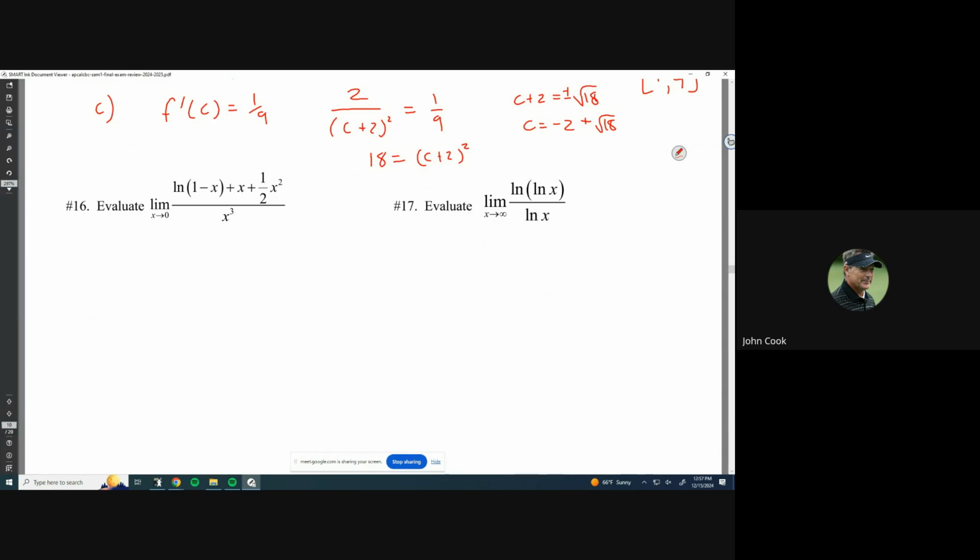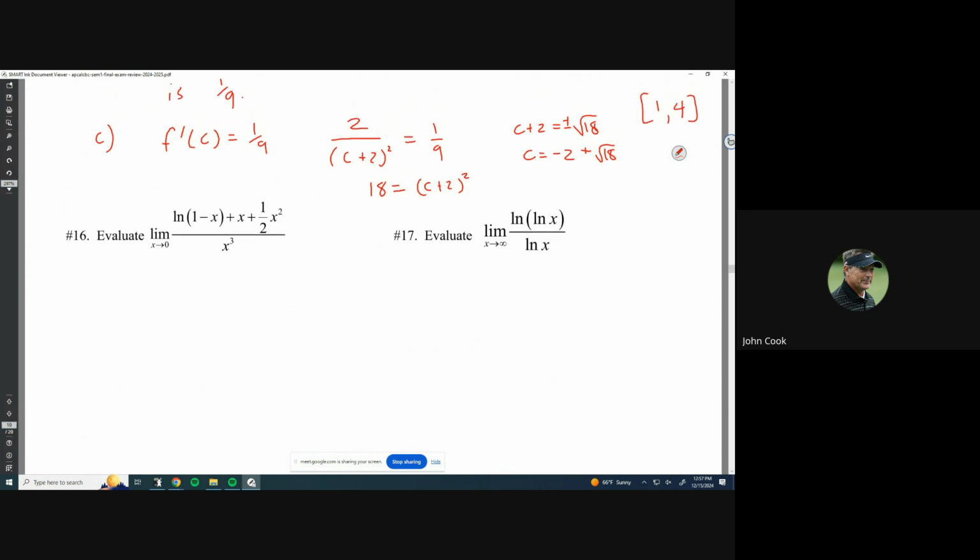Okay, so first plug in 0. Let's see what happens with this. So natural log of 1 plus 0 plus 0, that'll be just 0. And then the bottom part, if I plug in 0, that's 0 to the third, which is 0. So 0 over 0 is L'Hopital. So that means that